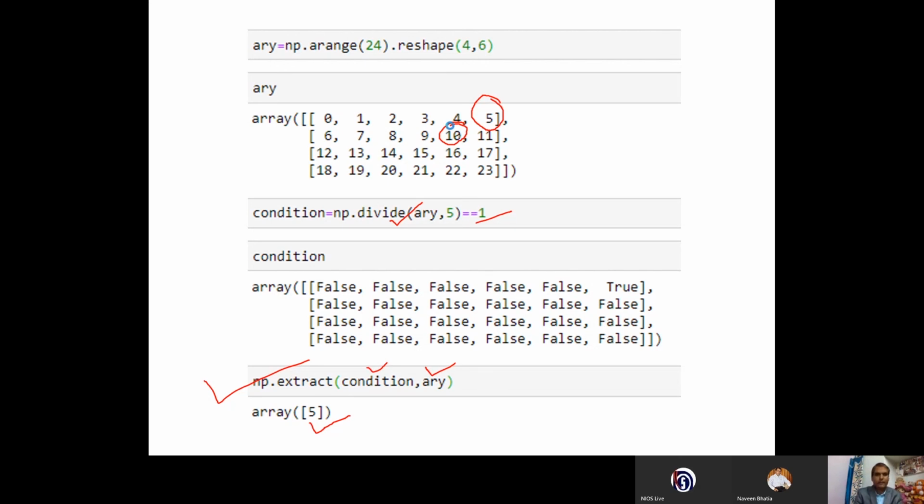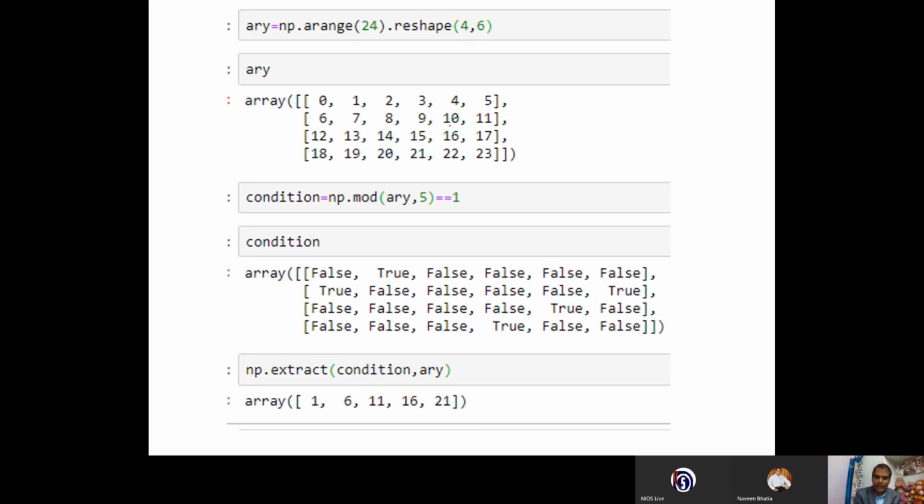Again, one more example I have given. See, the values are somewhat different. I have given array comma 5. Extract the condition plus array wherever true is coming, and we are getting our result. Here it is coming mod. We are getting true here.